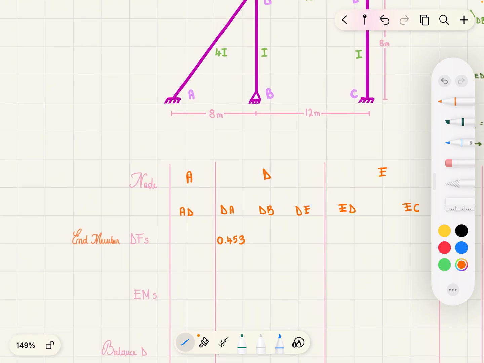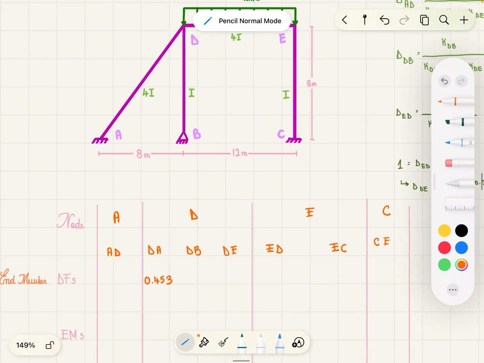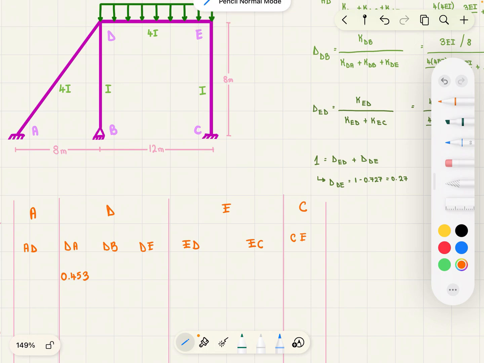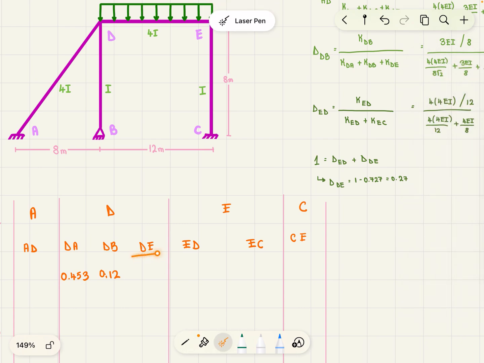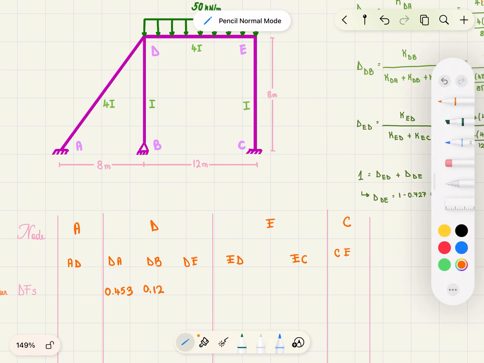Okay, you can do the same thing to find it for DB, and you get 0.12. And you could also do the same thing to find DE, but there's an easier way to do this because you know that at the node, the sum of the distribution factors from each member make up 100%. So basically they add up to 1. So you can just do 1 minus this value to find the member distribution factor at DE to be equal to